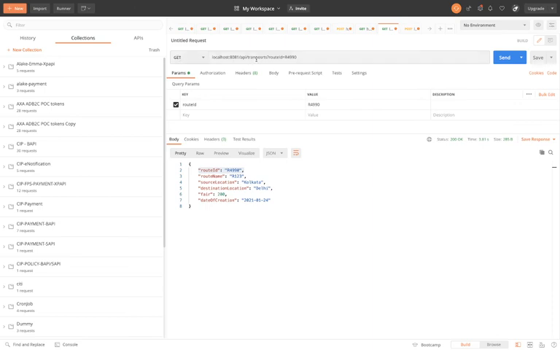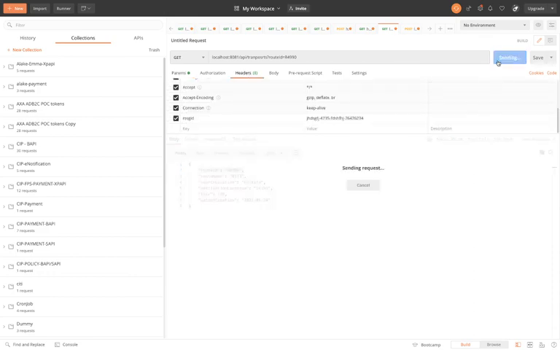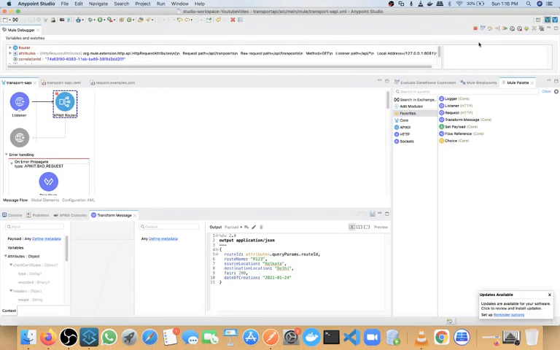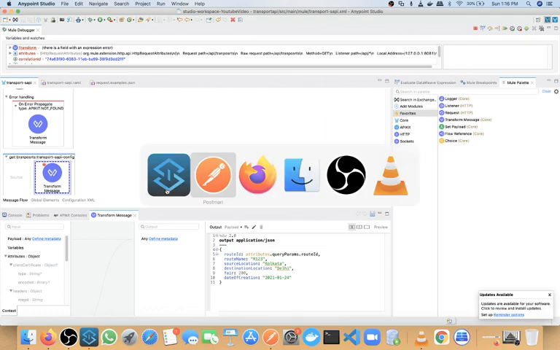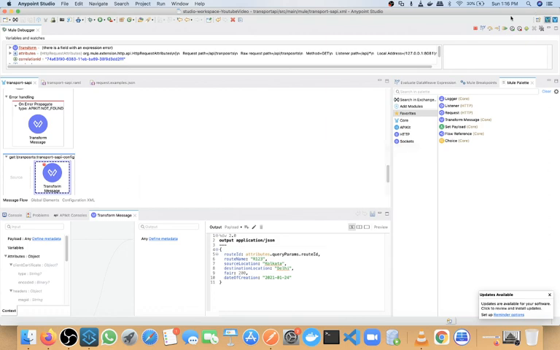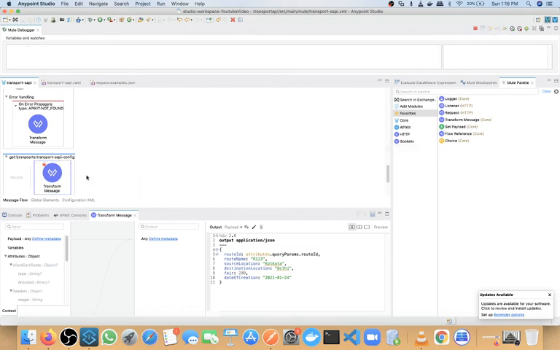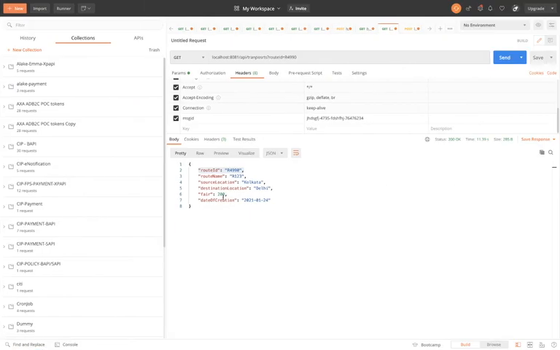Mandatory fields are query parameter and header. I am calling this, the APIkit router will call this get transport flow and will execute this. I will do next. This process is completed. We don't have anything after this, so the process completed and we got a response.